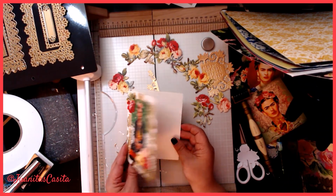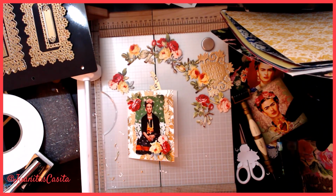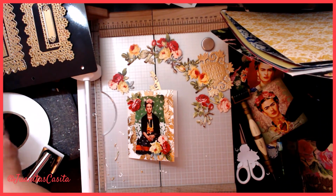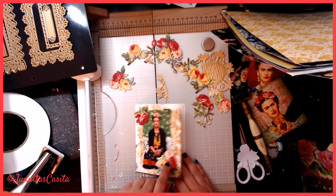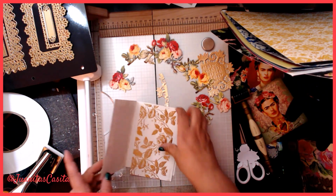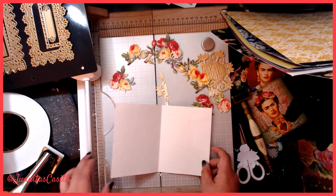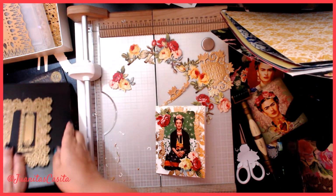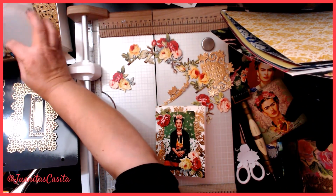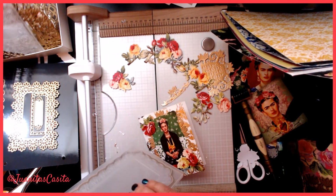So now I need to choose paper for the inside of it. And what do I use? That's a good question. We can do the same paper on the inside. You could choose to layer some paper and then another piece, nested layers. You could do that. I'm trying to think if I have one that would fit. Let me see. What could I use? I think we decided this was too large for this one. What if I use,